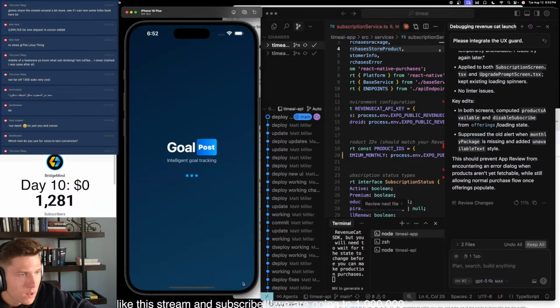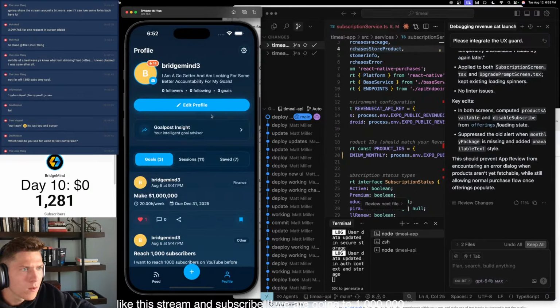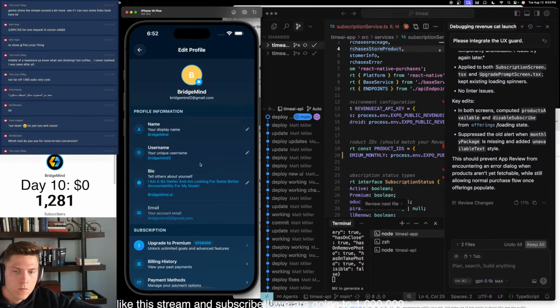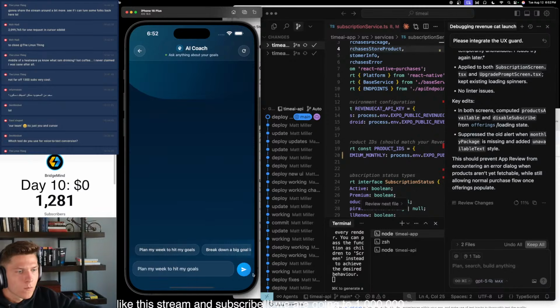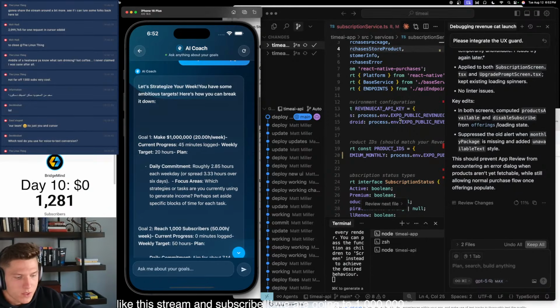Refresh the app. Still erroring on RevenueCat. So annoying. App Store could be fetched from the App Store Connect or the store configuration file. This obviously works. The question now is more about